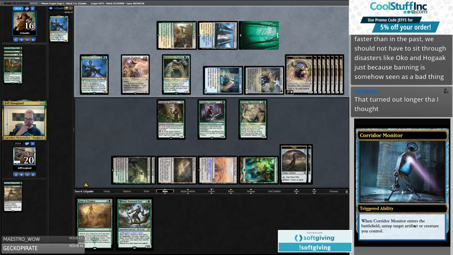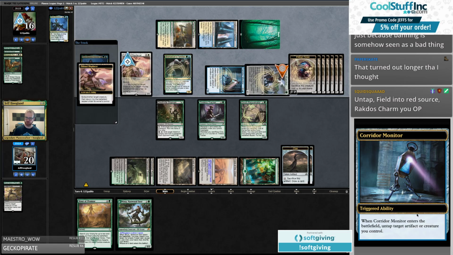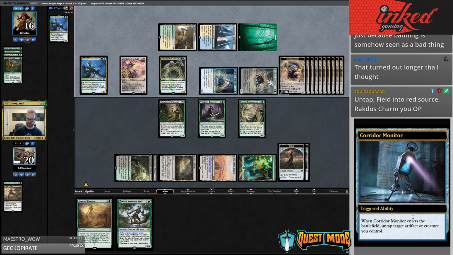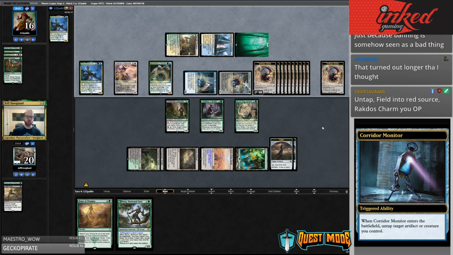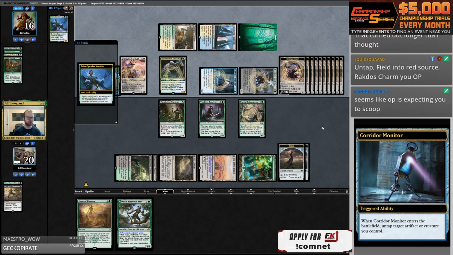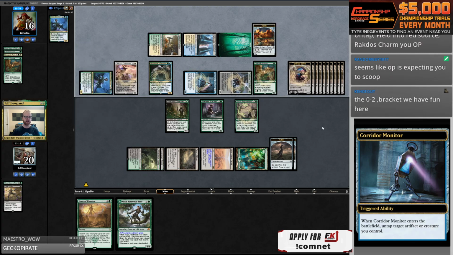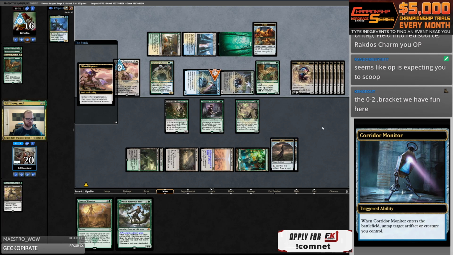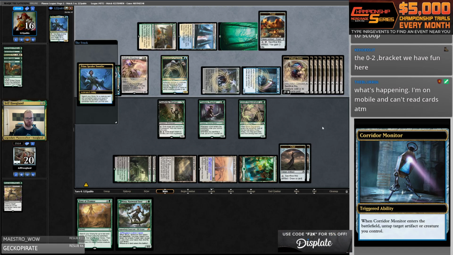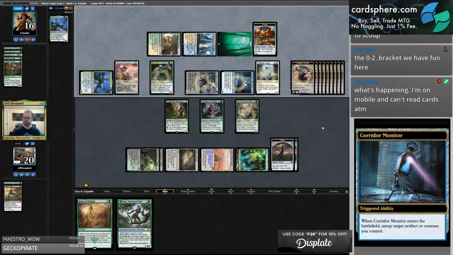People see bannings and unbannings as much more sacred than they are, since paper magic makes functional errata difficult. Monthly updates to the ban list and all formats will be better. The internet solving formats way faster than the past, so we should not have to sit through disasters like Oko and Hagak. So the only thing, I agree with the first part of your take there, but I disagree with the second part of your take. And you can correct me if I'm wrong, but I feel like the second part of your take is trying to imply that solved formats are inherently a bad thing. And I don't think that's the case. I think there's a lot of good examples of formats over the years that were solved that are actually incredibly good formats. So I don't think that we necessarily...